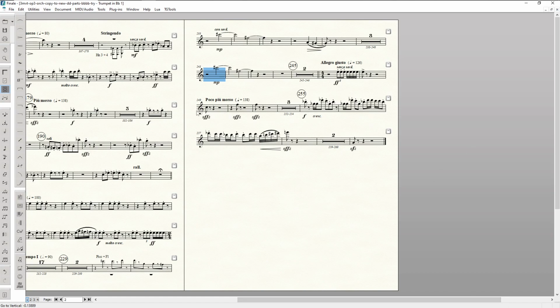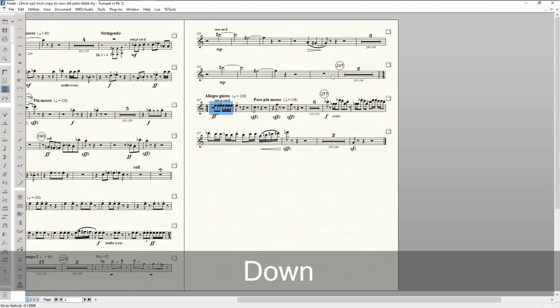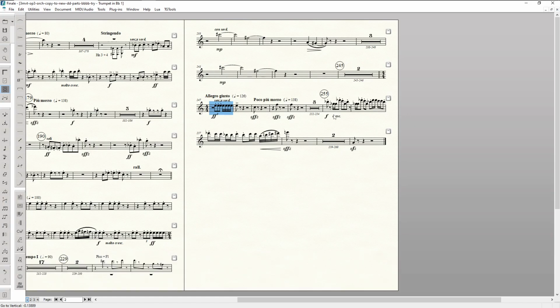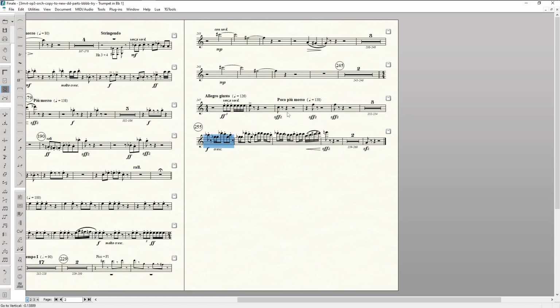I think we can space this a little more loosely. It's a bit too crowded. I'm going to have to adjust things maybe, but